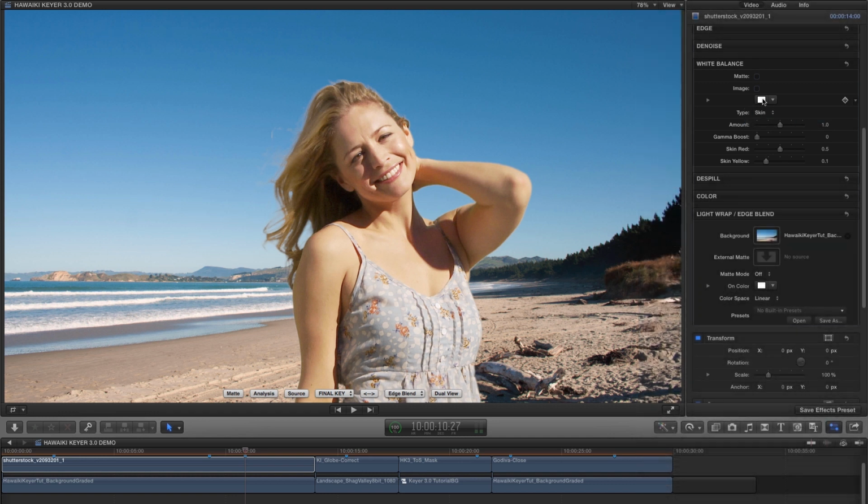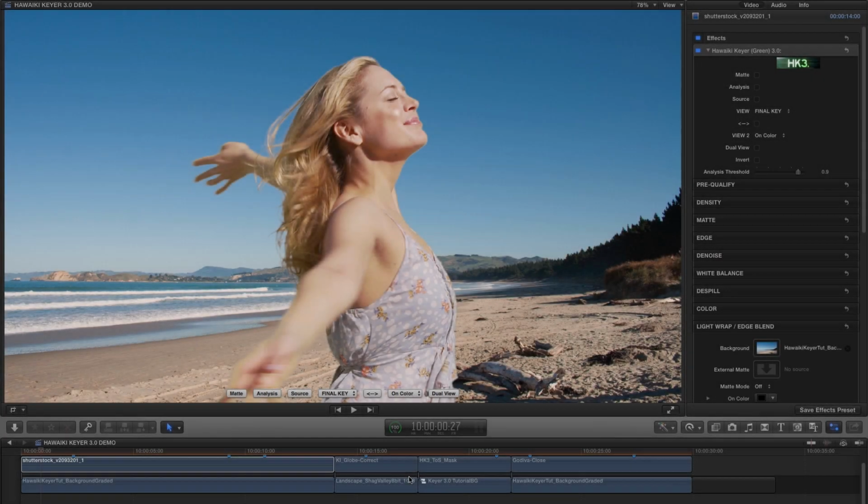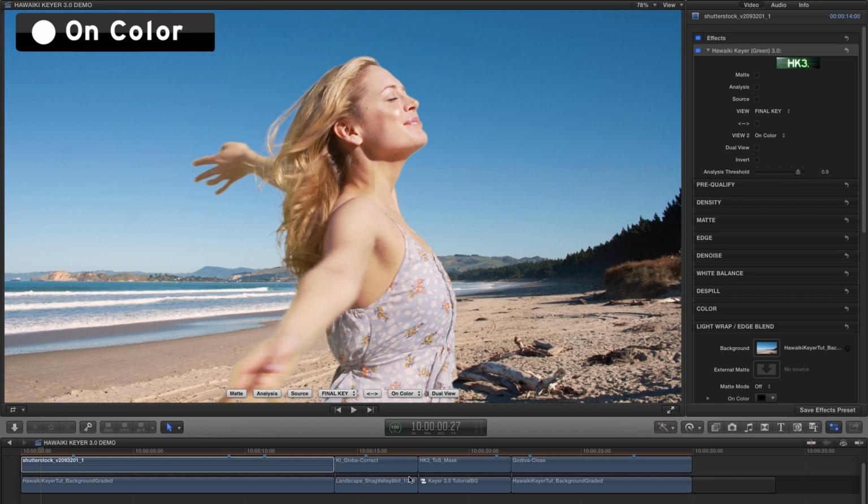So in this case, I'm going to click on the color swatch, bring up the color picker. I'm going to select this area of skin here and enable image, and you'll see we've got a much nicer result. So if your footage has a pronounced color cast, it can sometimes interfere with pulling a good matte. So it's very useful to have this feature to help with the process and/or improve the look of your final composite. And one final feature that I'd like to mention before we finish, and that's the on color view,